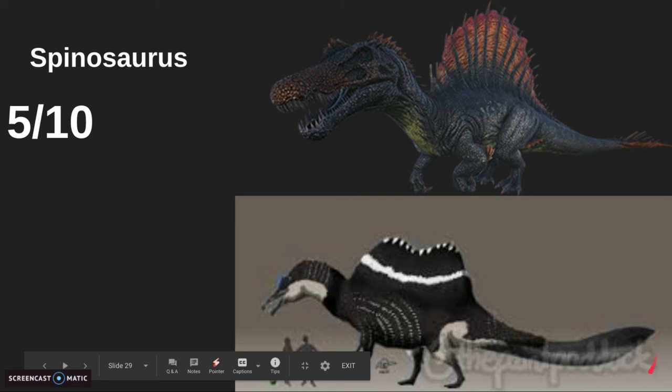Spinosaurus mainly went in the water. It was a water creature, a transition between land and water. And if Spinosaurus never died out, it probably would have been the dino version of a whale. Kind of that transition between Ambulocetus and